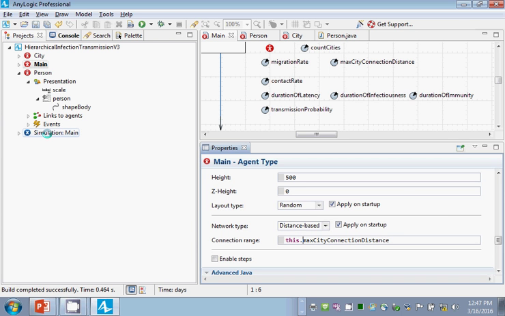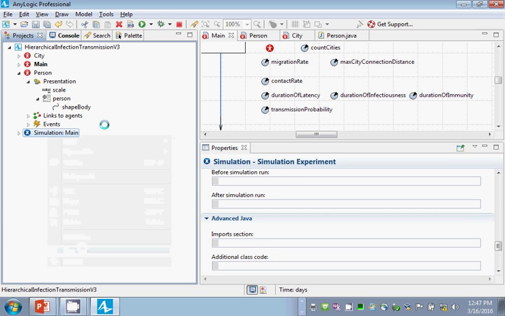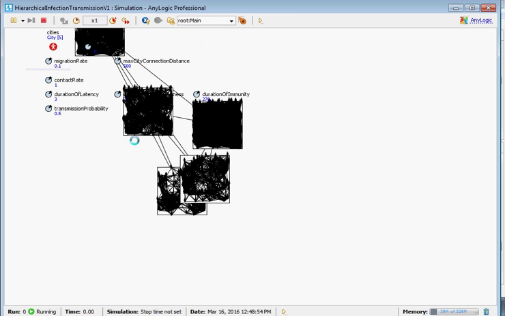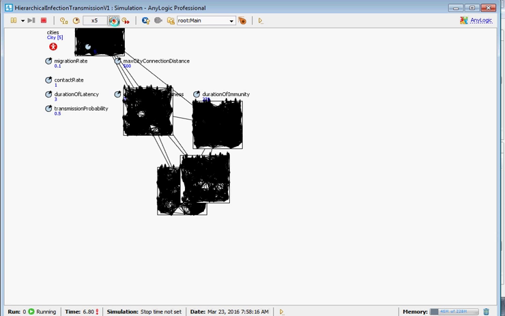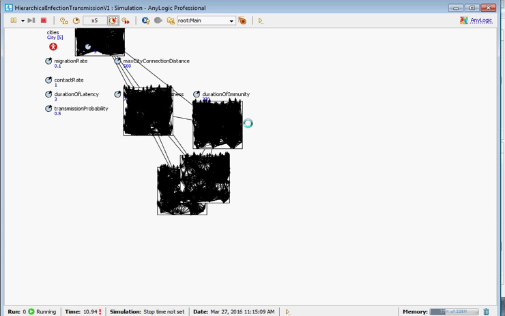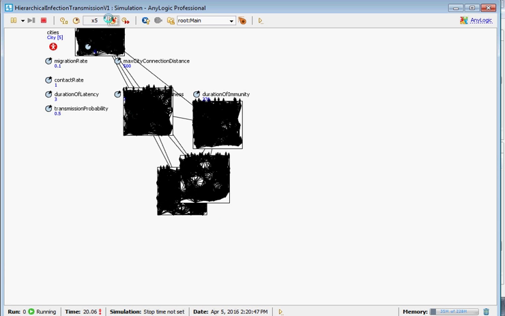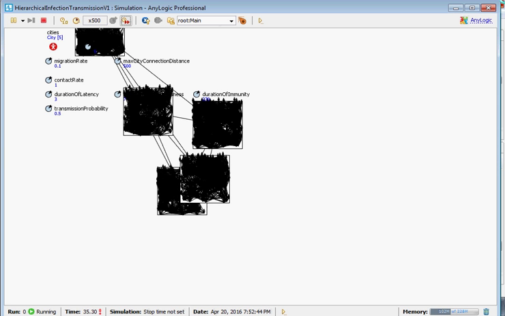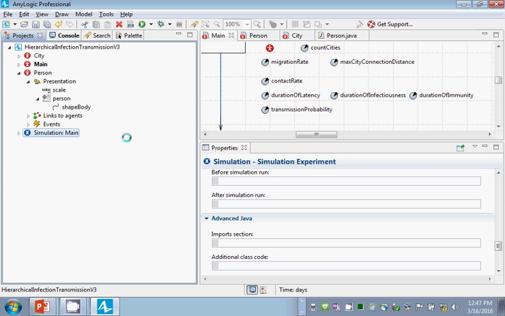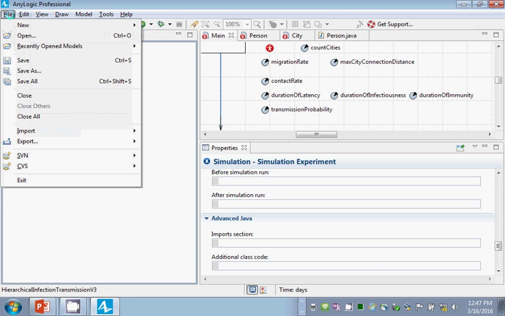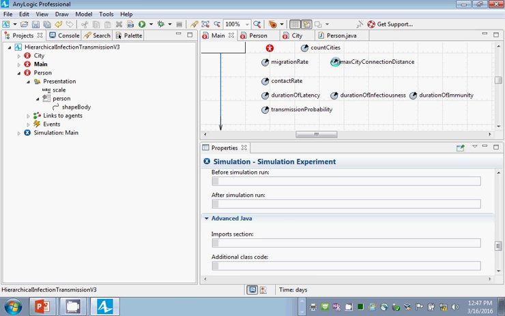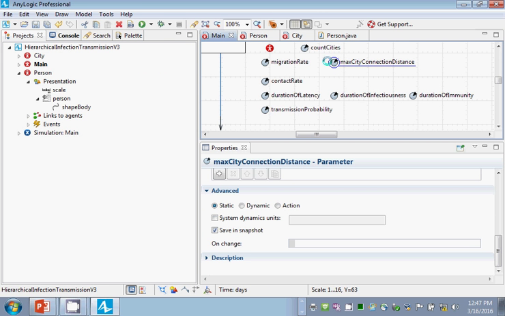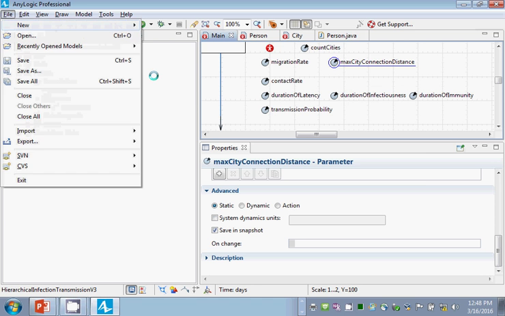And in general, that's a good thing. So now we have these networks moving around. Do you see that? Okay, I will now post this model. So max city connection distance is in main. Yeah. And I'm going to go post this model. And I will stop, I will start a new recording. So this